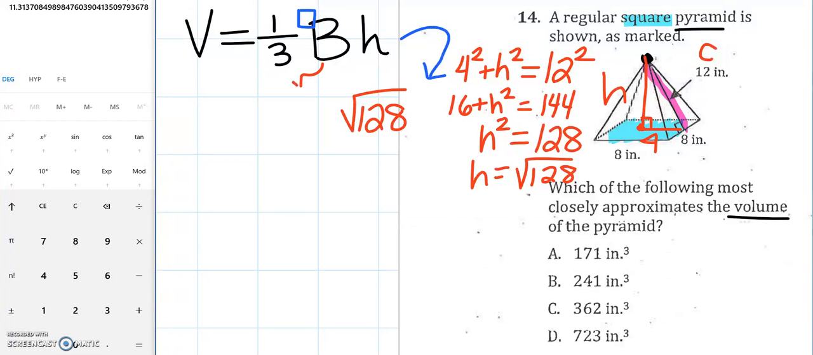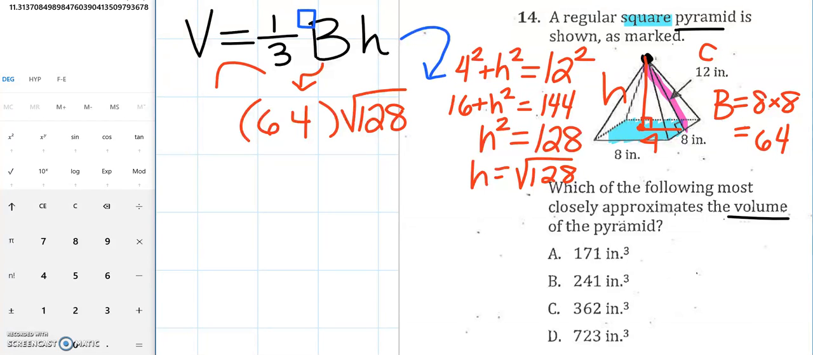Okay, now the big B represents the area of our base. In this case, our base is the 8 by 8 square. So 8 times 8 is going to give me the area of my base, which is going to be 64. So instead of the big B, I'm going to plug in the area, which is 64. And then lastly, I need to bring down the 1/3. So in my calculator, I'm going to multiply all of these together. So starting with that 11.313, that's still in my calculator, that's square root of 128, times 64. I get that number there, and then divide by 3. So my answer for volume is